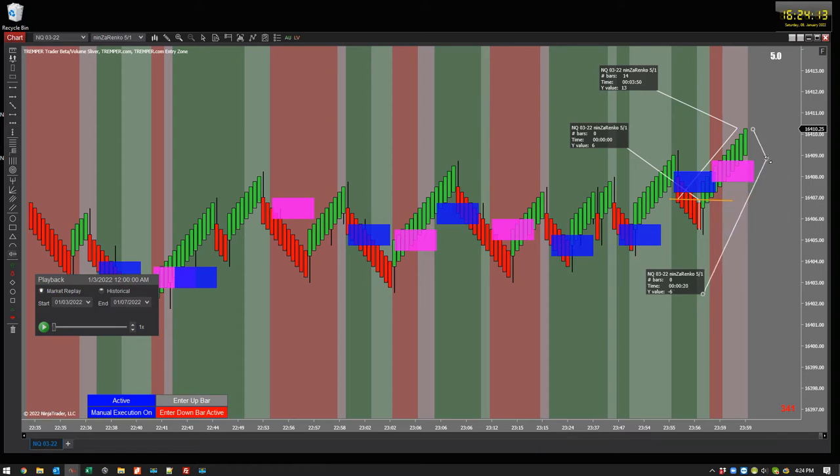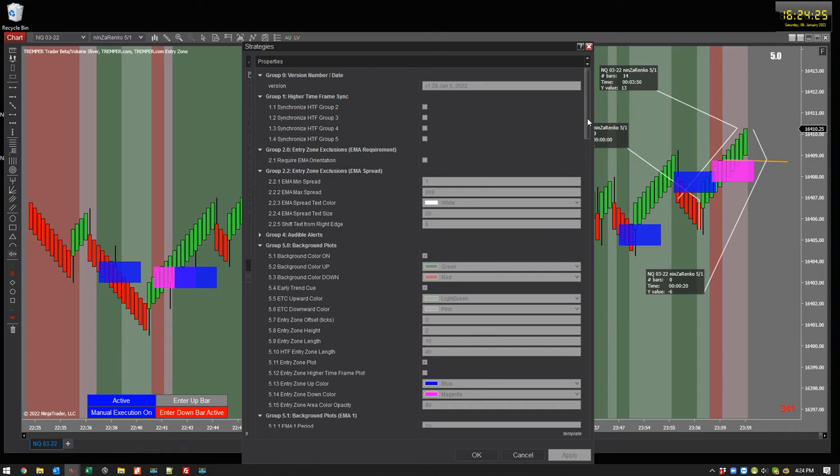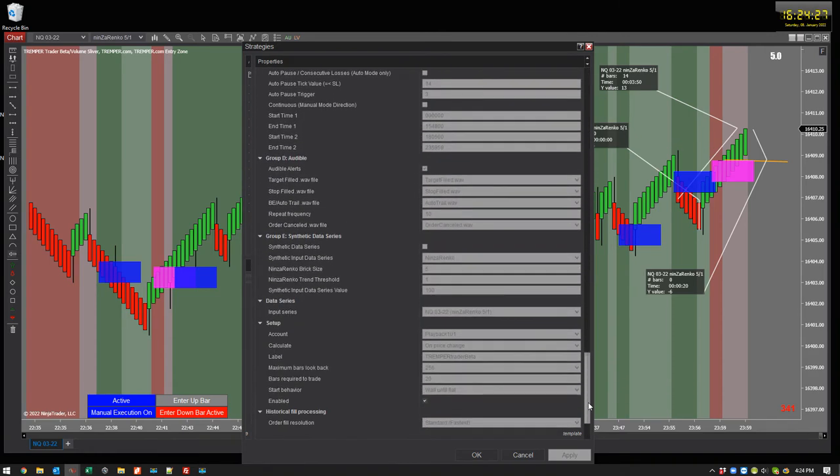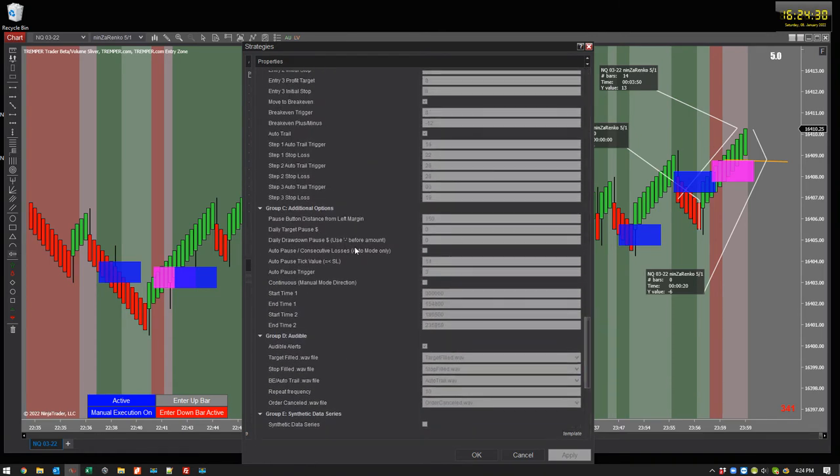6 ticks, and boom, there's my entry trigger right there as soon as I turned it on, and we're good to go. But getting back to what I was talking about, this consecutive is right here, and it's off for a reason, because when I hit this down bar and it takes the